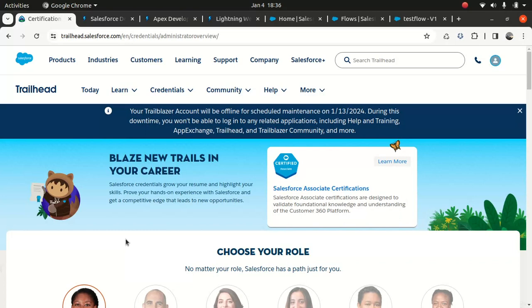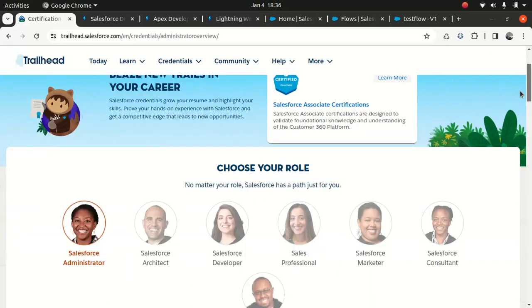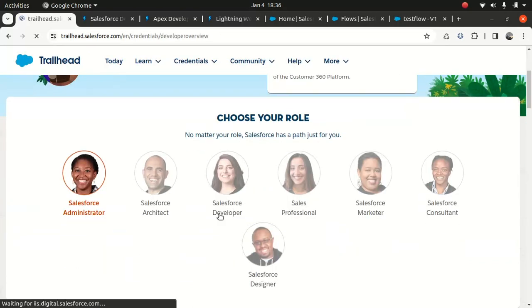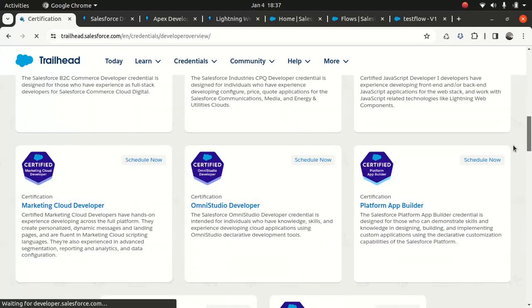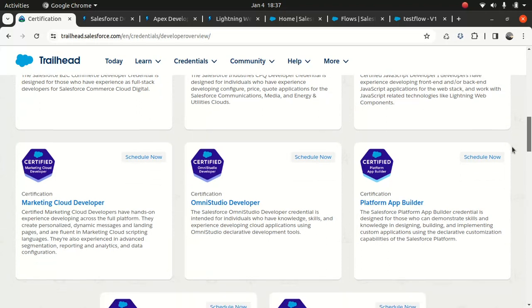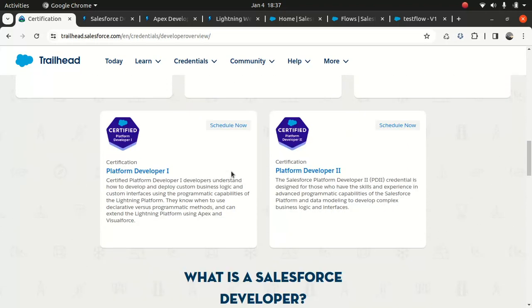At the base of the pyramid there is a certification called Platform Developer One, PD1, which expects you to have some foundation in Apex and some foundation in LWC.